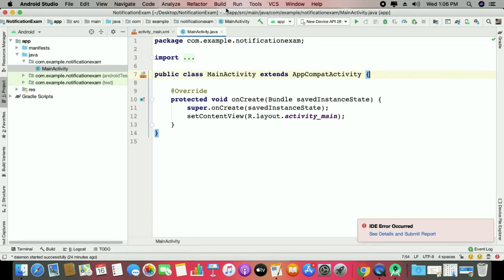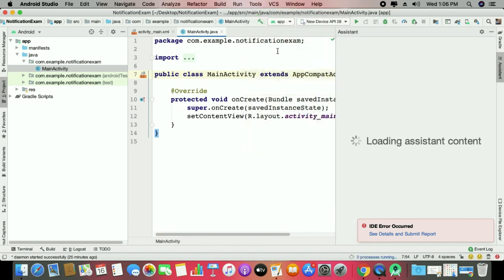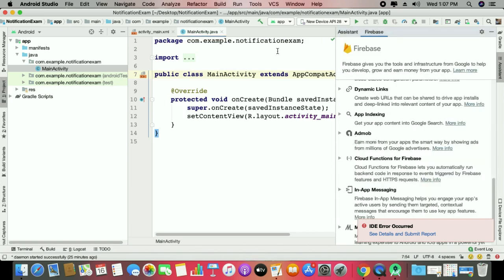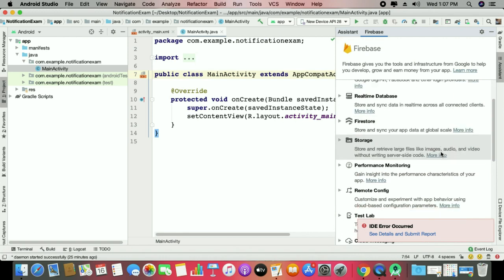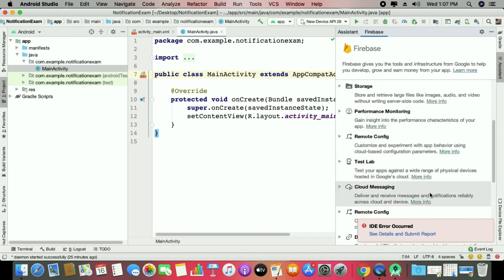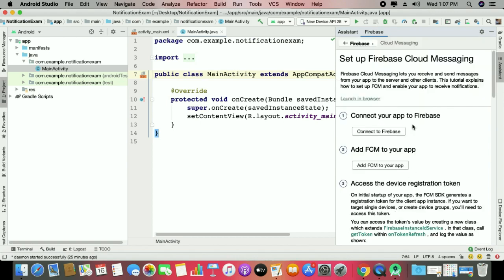there is a Firebase. Click on that. So it's a simple process, and it's also very good whenever you're working with your Android Studio. You have to keep logged in with this. Okay, and here you can see Cloud Messaging. Click here